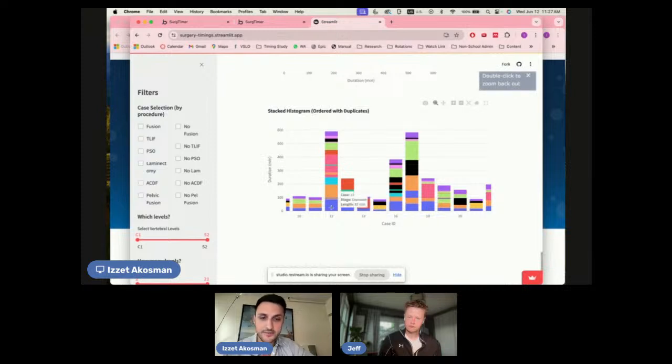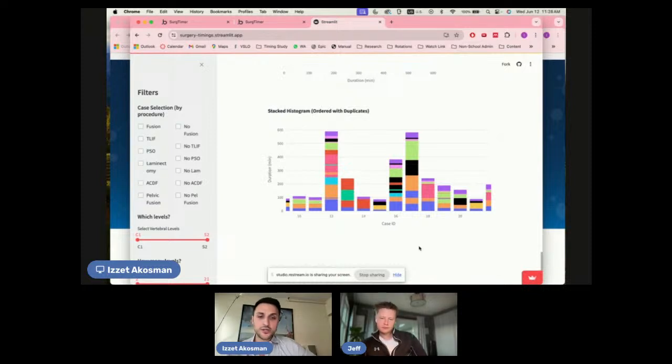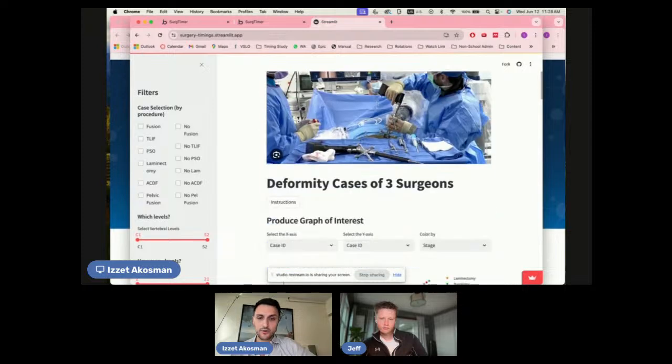Or you can see your cases in some kind of an order. So you can see you were doing an exposure, you started doing screws, and then you went back to exposure, and then back to screws. And then you can see the order in which you went through your cases compared to your mentor or your juniors, as a way of educating, or just to see what your cases look like. I think it's interesting in and of itself. And then there's also countless research possibilities as well.